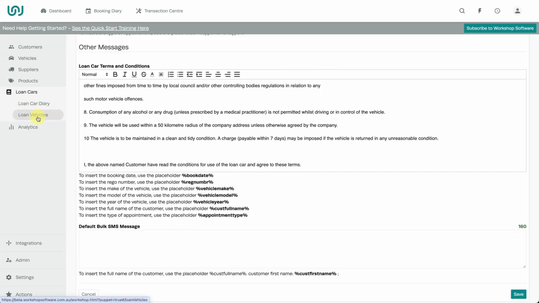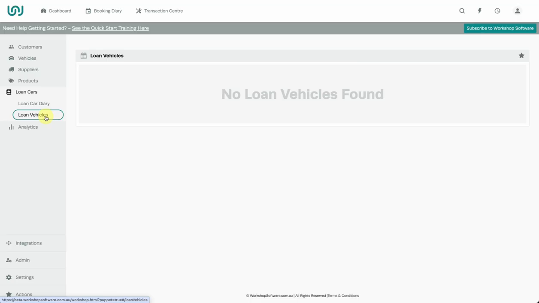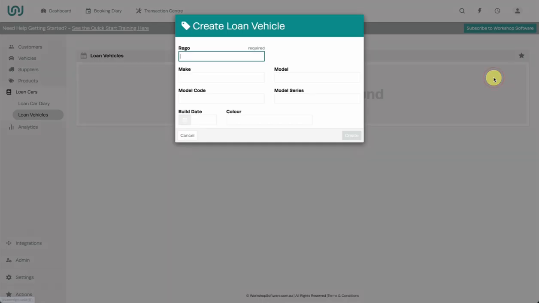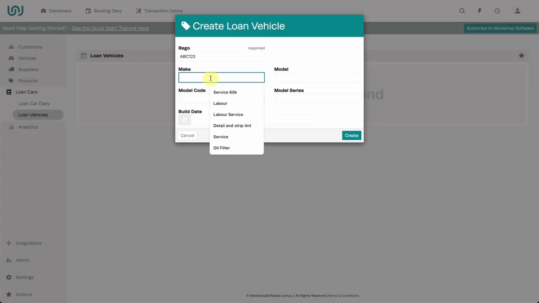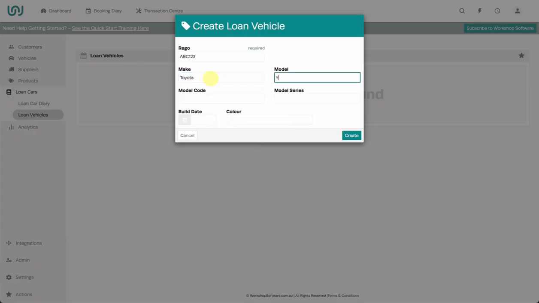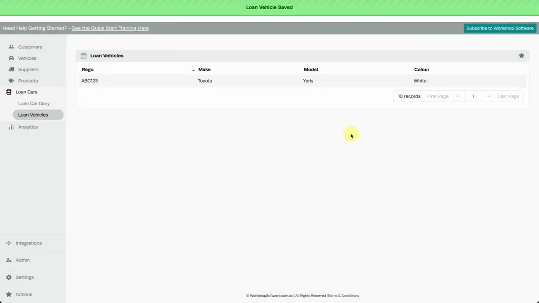Add your loan cars here under Loan Vehicles. Simply press the star and press Add Loan Vehicle. Then add in all the information you need. Once there are vehicles in your system, under the Loan Car section, you can start to use the Loan Car